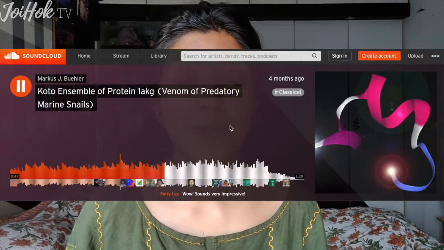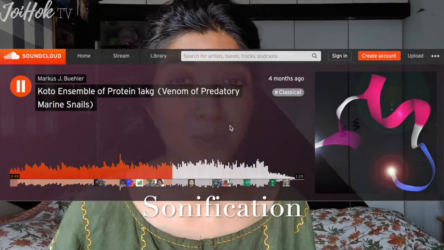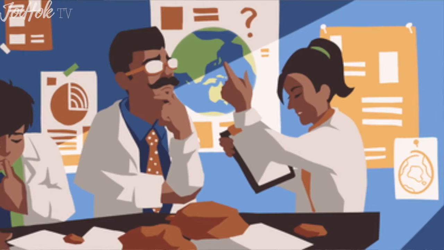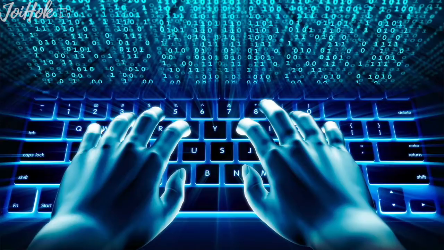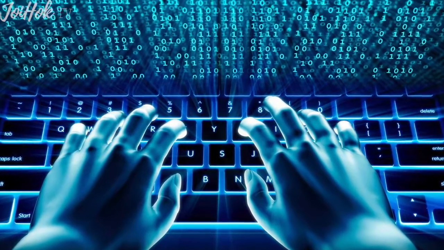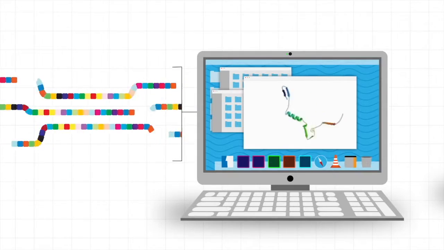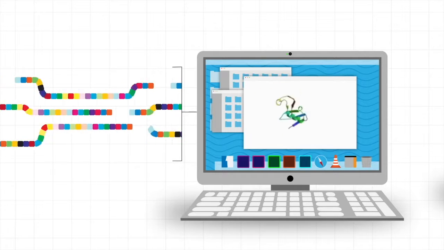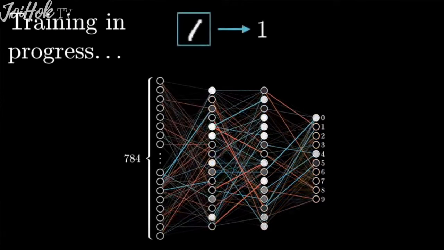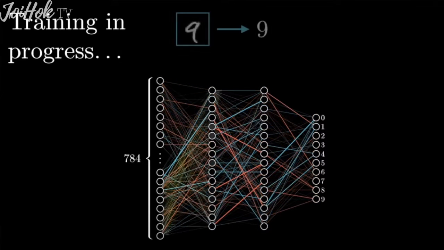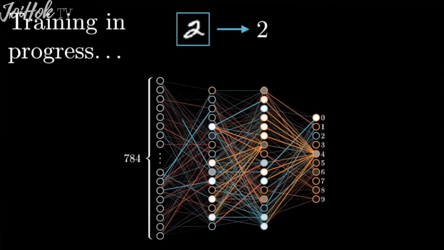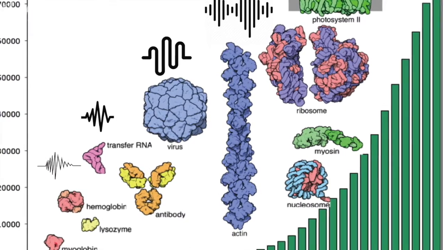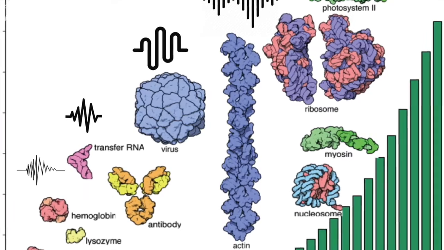These scientists made these vibrations audible using a process called sonification, allowing us to hear what these proteins actually sound like. Now, humans are not very good at detecting and understanding this new type of sound on their own. So these sounds were fed into a computer, into an AI, or an artificial neural network. The computer learns from all the data regarding what the protein looks like, how it functions, and it stores this entire large protein database, linking the functionality and the structure of the protein to the sound that it makes.